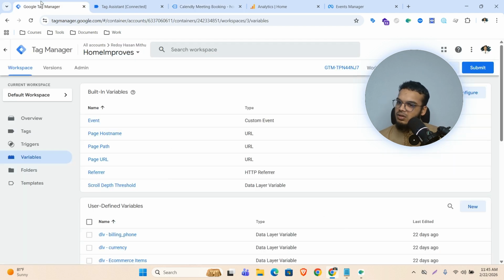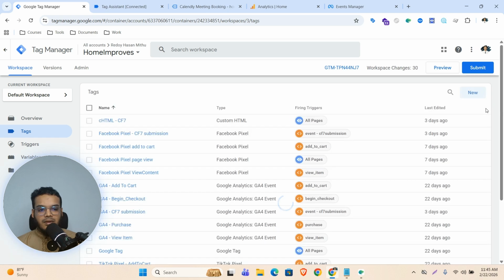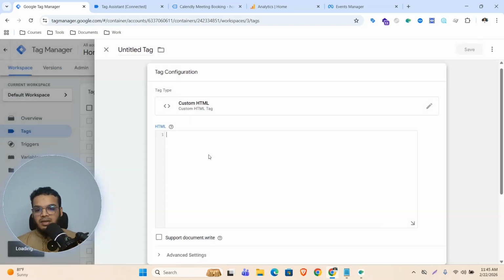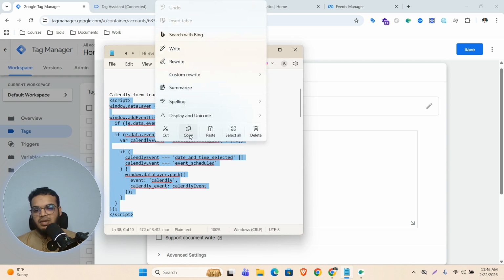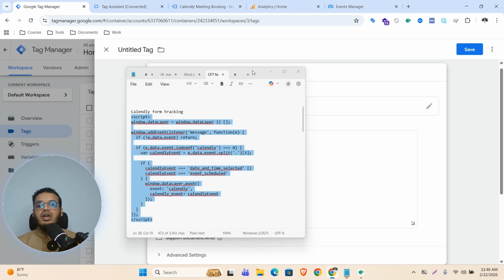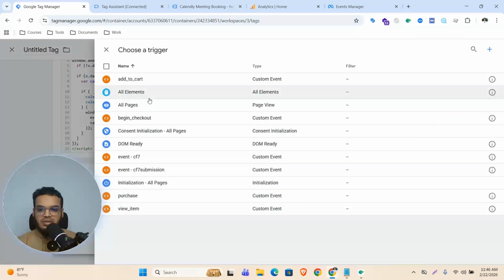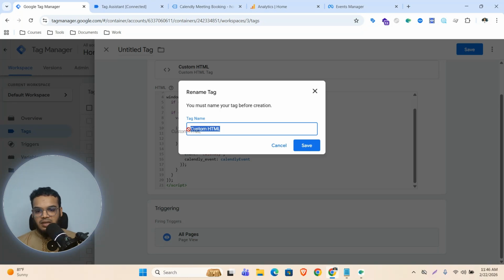So how can we track this form? First navigate to your Tag Manager and then go to your tags, and from tags click new and find custom HTML, and you need an event listener code. I will include this event listener code in my video description. You can have access from here, and copy that event listener code and paste it into this custom HTML and choose a trigger that is all pages, and then save it and give this a name like